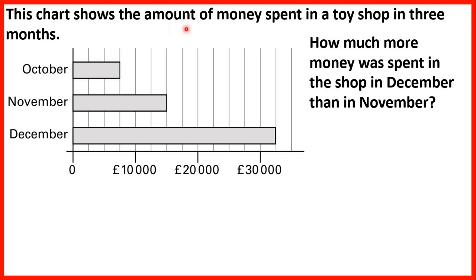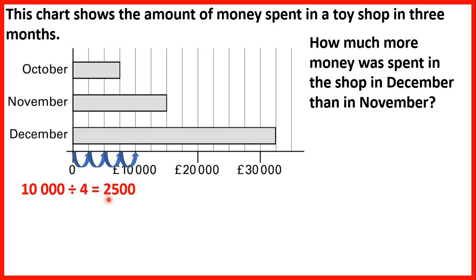This chart shows the amount of money spent in a toy shop in 3 months. How much more money was spent in the shop in December than in November? So we have a bar chart, and we need to know what each of these lines represents. So to get from 0 to £10,000, we have 1, 2, 3, 4 lines, and if we divide 10,000 by